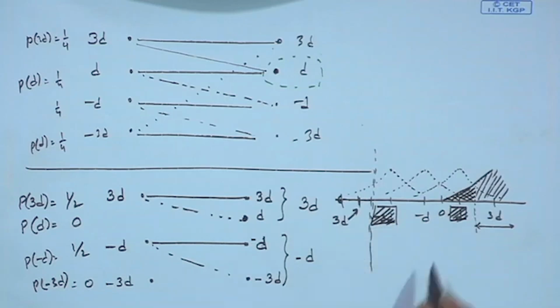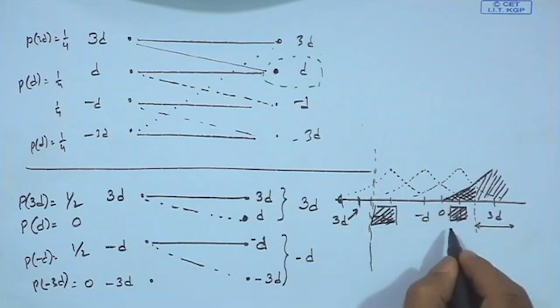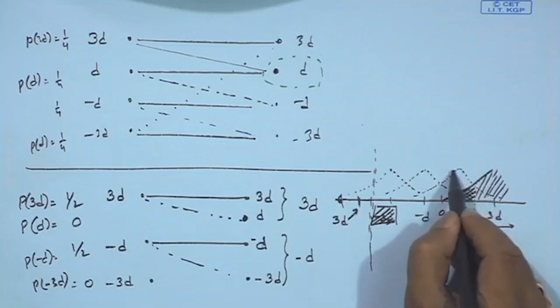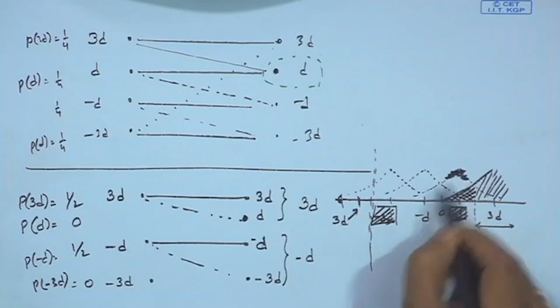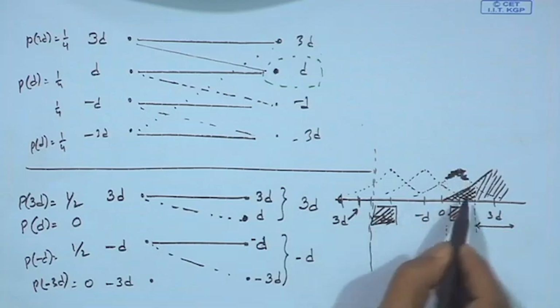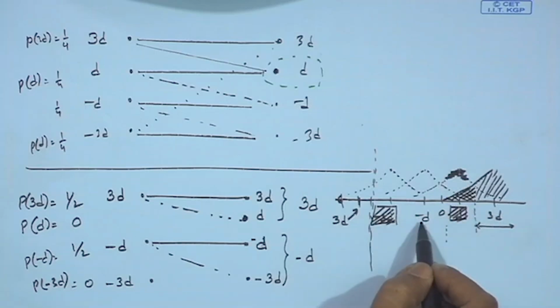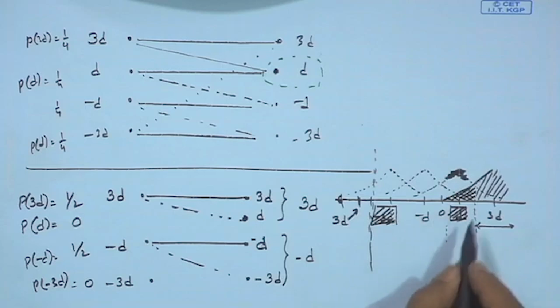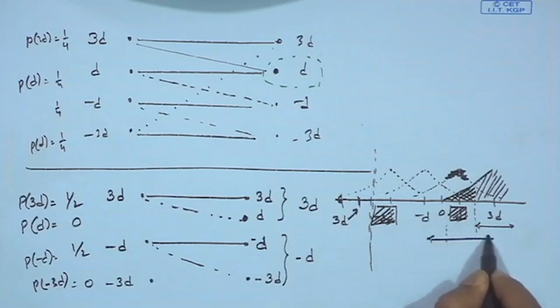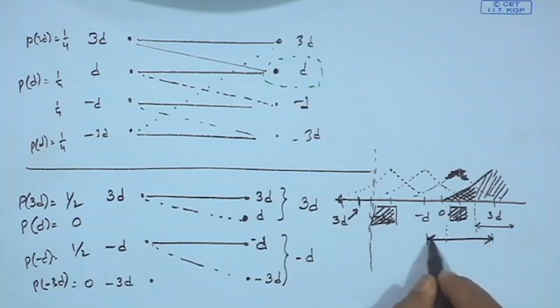So, if that is the case, our decision point would be somewhere here, and this is completely going away, this is not present, right. So, if only 3D and minus D are available, in other words, we are increasing the minimum distance between the constellation points. If we are increasing the minimum distance between the constellation points, we are improving the error probability. So, in some sense it is relating to what we have discussed earlier.